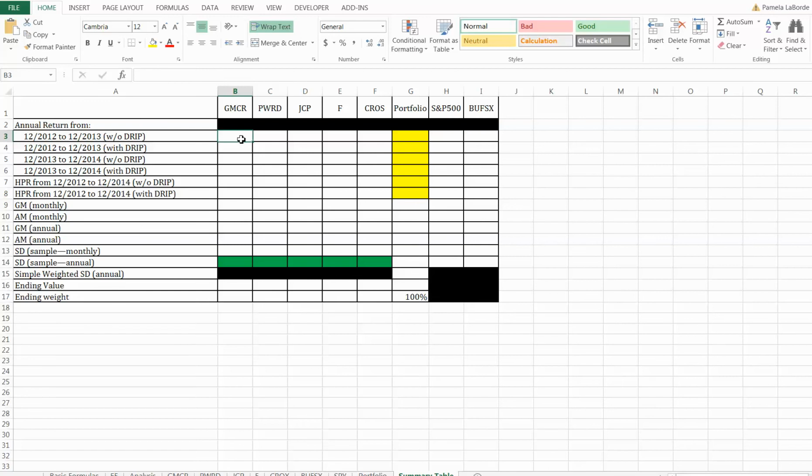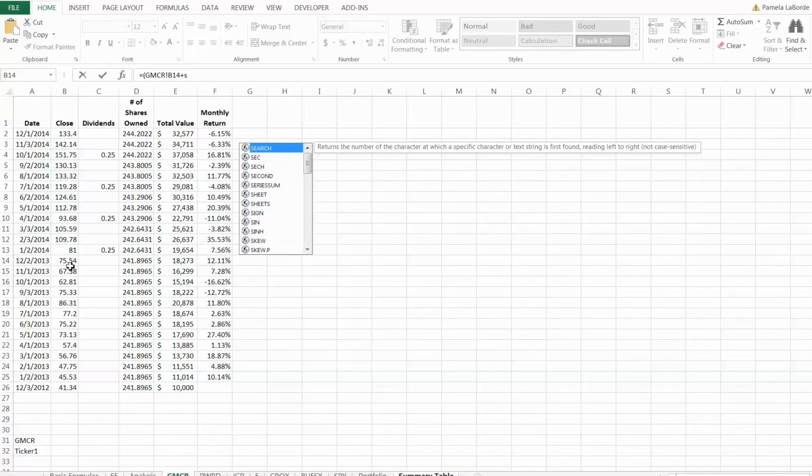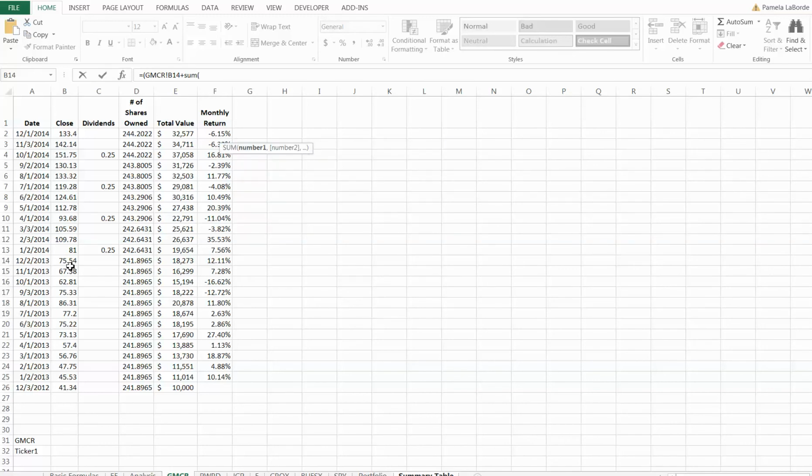To calculate the first year's returns without a drip, I'm going to start my equation, pop over to Green Mountain Coffee Roasters, and I want my returns without a drip. So I don't want to work with column E because those include dividend reinvestment. Instead, I want to work with columns B and C, the prices and the dividends. This is my first year, so that would be from 12/12 to 12/13. So I'm going to take my 12/13 price, and even though Green Mountain did not pay any dividends that first year, I'm going to highlight the cells